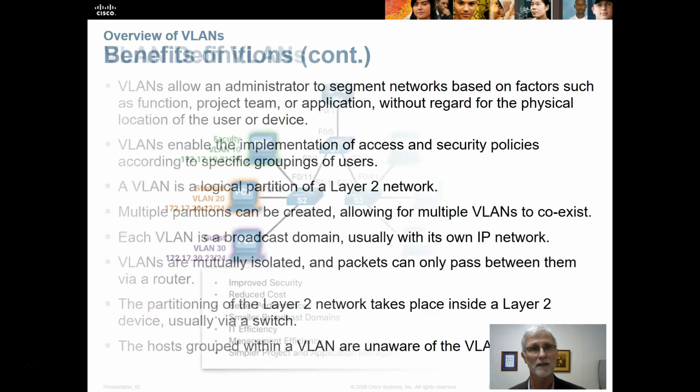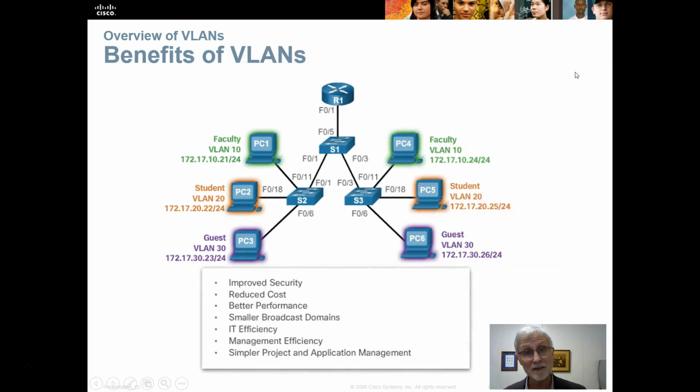So some of the benefits of VLANs. Here you see a small network with only one router. This is probably close to what we have at school here. I've got one router to the outside world, but we've probably got close to 40-some switches connecting every computer in the system. Having VLANs would allow me to set up different switches for each classroom, and I could set up different security on each network. But